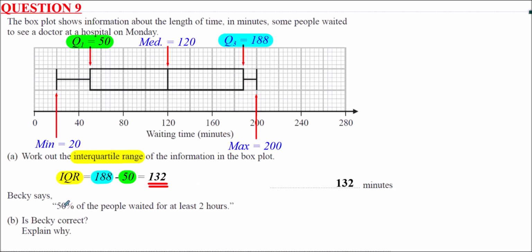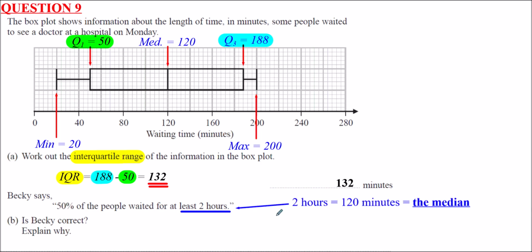For part B, Becky says that 50% of the people waited for at least 2 hours. Is she correct? Explain why. Well, Becky's talking in terms of hours. This scale here gives it in terms of minutes. So 2 hours is how many minutes would be the first thing I'd ask. Well, 1 hour is 60 minutes, so 2 hours is going to be 120 minutes, but 120 minutes,